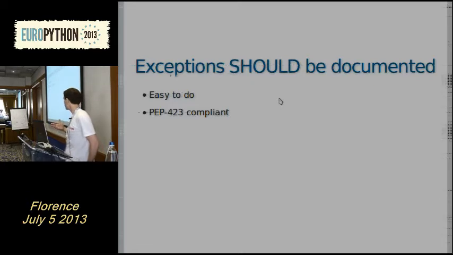And the easiest way to be PEP 423 compliant is to state your naming conventions. If you do not follow PEP 423 conventions, it's okay if you document it.